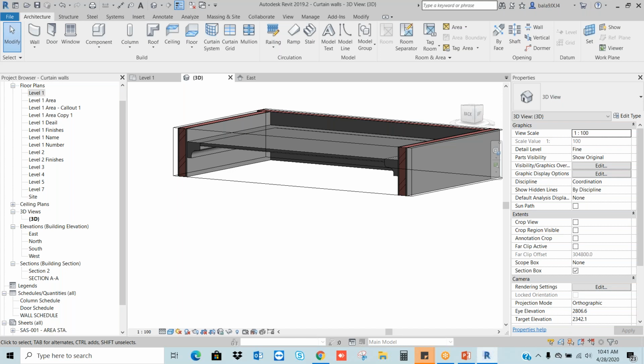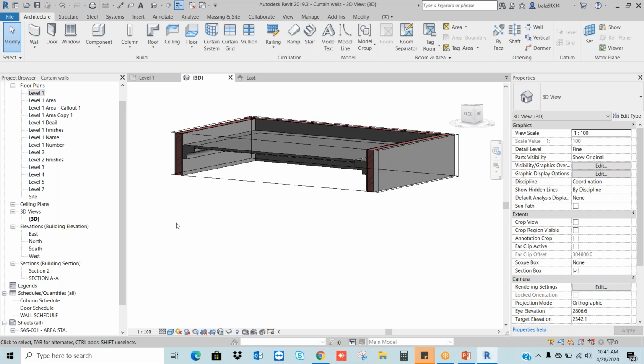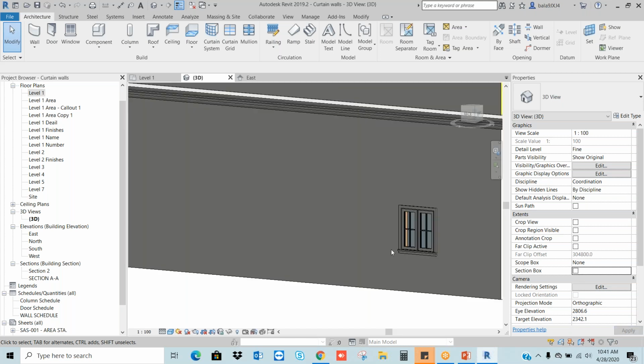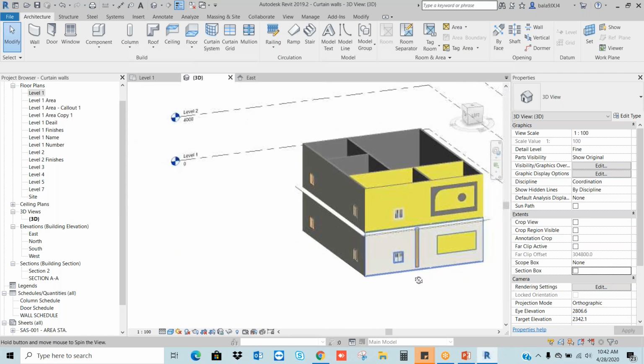Okay. Now let us discuss how to create the family. To create the family, we should shift into the other module. As we discussed, in Revit we have two modules: one is the family creation, another one is the project.